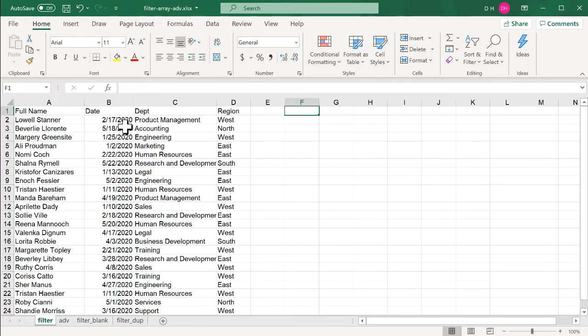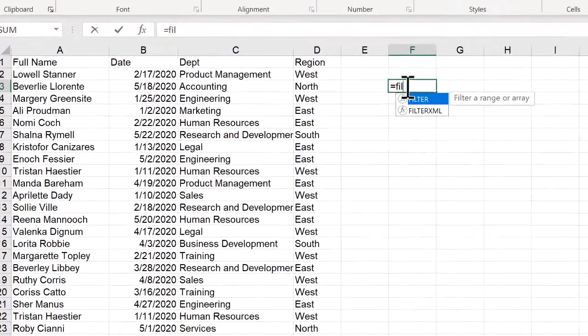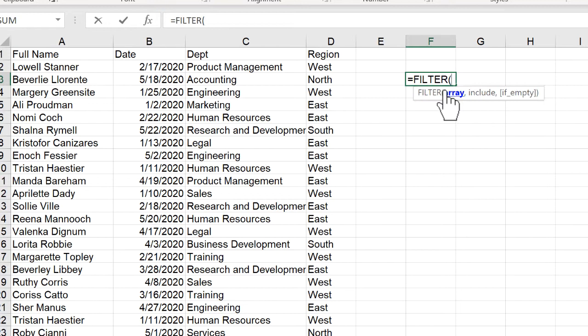Say, for example, I have this table here, and I want to filter out some things, like the records that are just under a certain department or records that are under a region. So what the FILTER function does is you can just type filter, select that, and it's going to take two arguments. There is the array, which is the table that you want to filter out. So I'll include the headers. Control Shift Down Arrow,